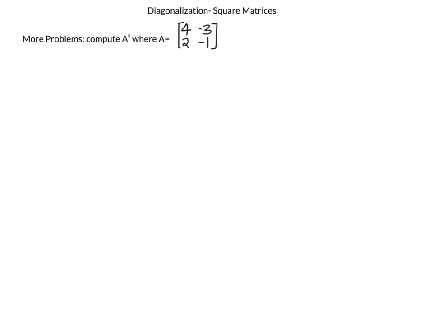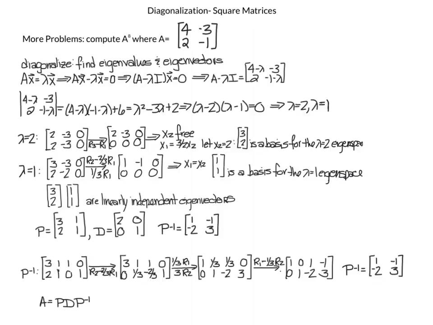The first question is to compute A to the 8th, where A is equal to 4, 2, negative 3, negative 1. For this problem, you want to get A in the form where A is similar to a diagonal matrix. In particular, A is equal to an invertible matrix P times D times P inverse. So to get these matrices P and D,